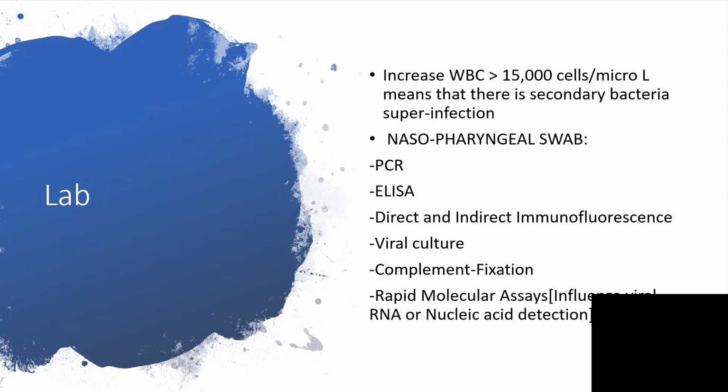Okay, you still do laboratory investigation. When you have your white blood count from complete blood count, it's going to be high, about 15,000 cells per microliter. And if that is the case, it means there is secondary bacterial superinfection. When the white blood cell count is very high, and this is flu season, it's likely we are dealing with secondary bacterial superinfection. I'll talk more about that when dealing with complications of flu infection.